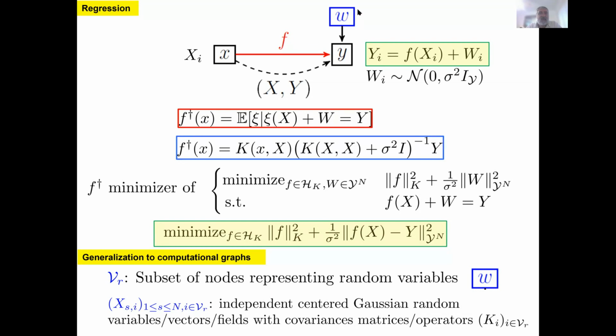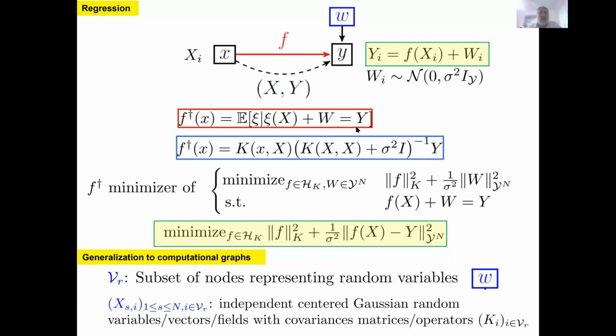So in that relaxed setting, the variable yi is no longer equal to f of xi, but to the sum of f of xi and wi, where wi is the centered Gaussian variable of variance defined by the nugget sigma squared. And if you add those noise variables, then the previous GP interpolant turns into the following GP regressor,